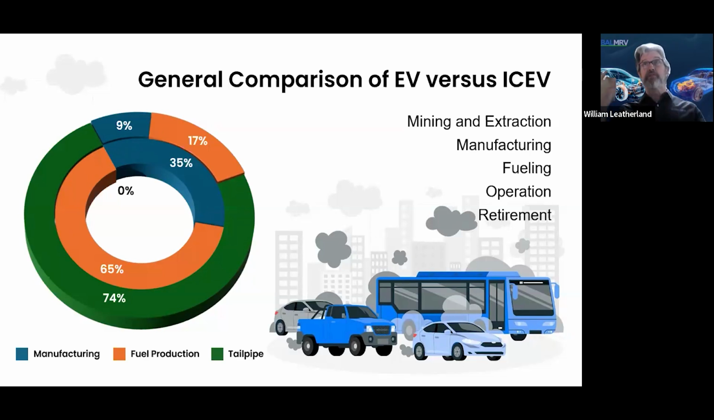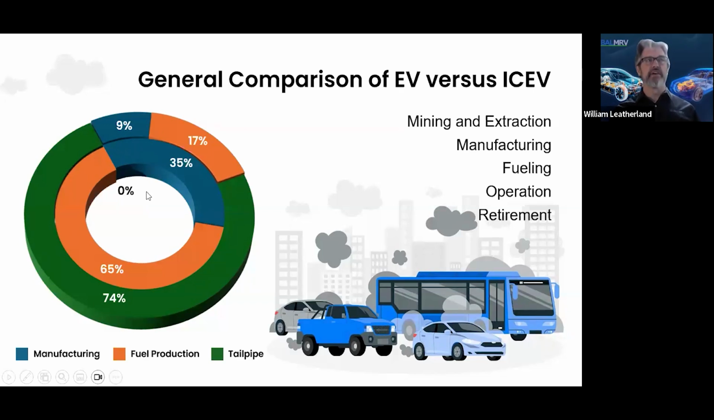Now, the general comparison, you can see it here. If you look at this graph, usually this is what we're talking about. We're talking about that 74% that comes out of the tailpipe, and the 0% that comes out of the tailpipe or the non-tailpipe of the electric vehicle. So that's usually where the comparison is, that you would say the EV is 74% cleaner